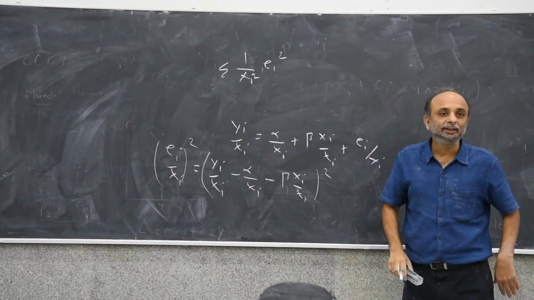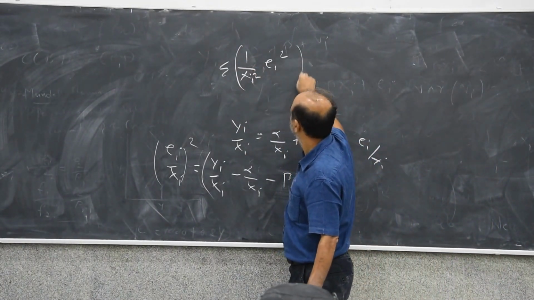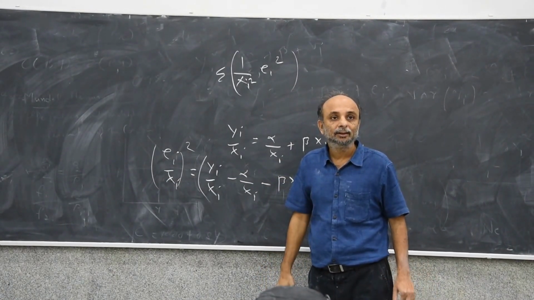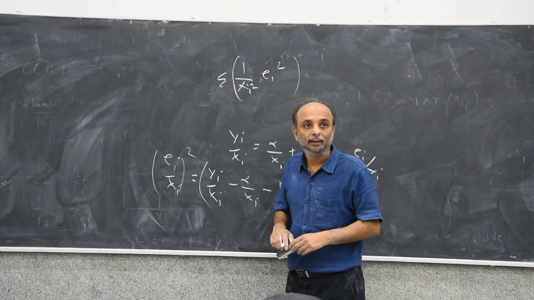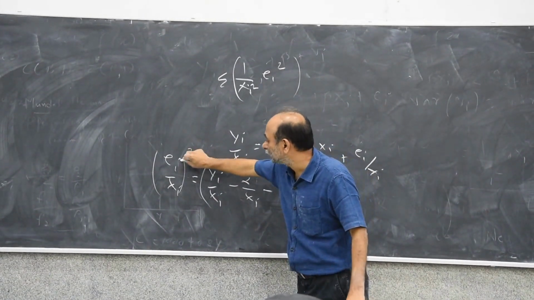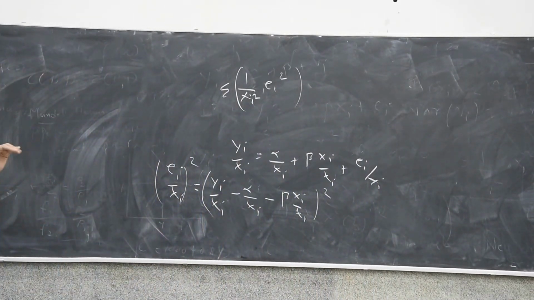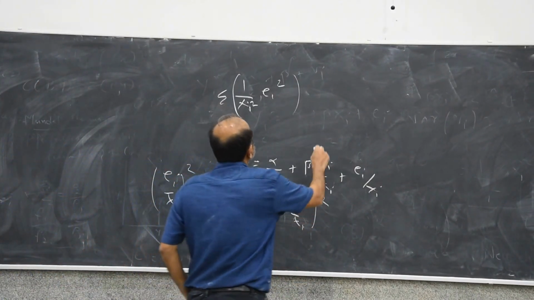I am minimizing the square of this, and the square of this will be the square of ei upon the square of xi. This is now called weighted least squares, which is minimizing